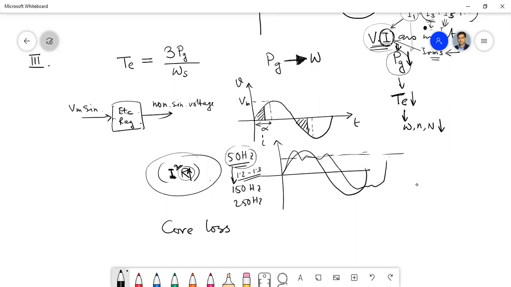Now consider the case of a transformer, because transformers are very important line equipment. In the transformer you have different types of losses. The I squared R loss and core loss will have the same effect as in the induction machine. But there are two other losses which we generally don't consider for motors, like the stray load loss. Do you know what the stray load loss is? Have you heard this term, stray load loss?